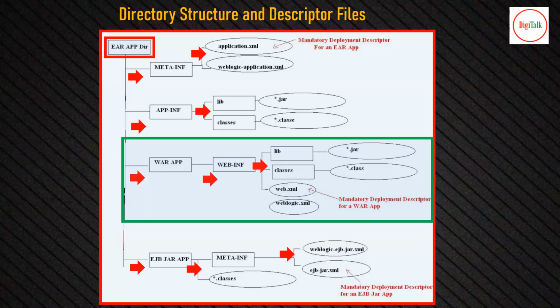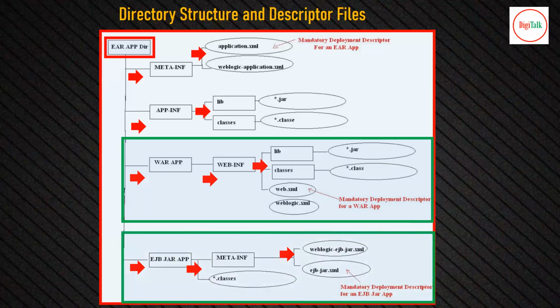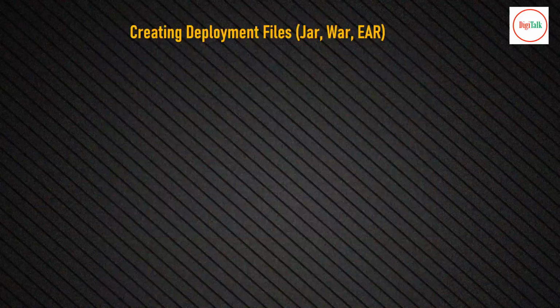Similarly, if you wanted to create only a library file, that means you wanted to create only a JAR file, then you have to go with this structure. Create a folder with a name like shoppingcart. Suppose that you have a library with name shoppingcart.jar, and inside that you can place all of your class files, and then inside that create a folder with name META-INF, and inside that you can place your descriptor files for all the configurations of your library file.